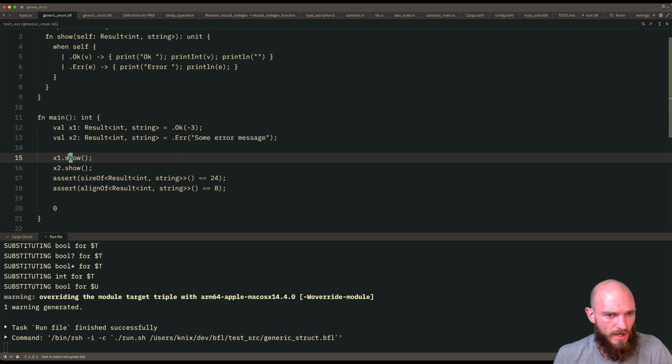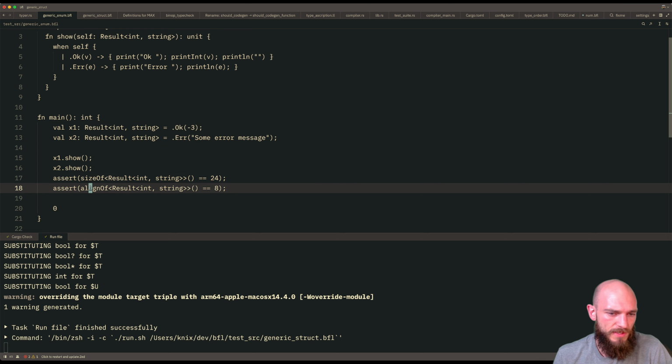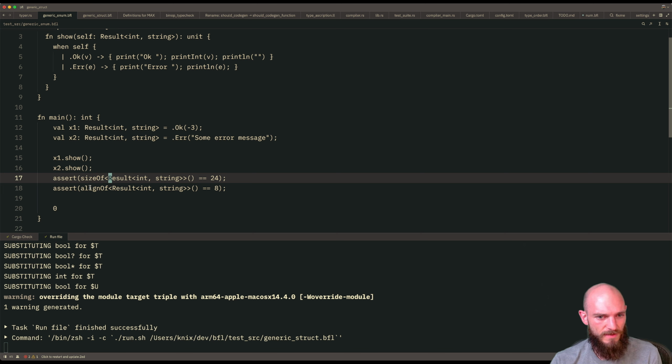Yeah, we have an OK and an error. We call x1 show, x2 show, and I did size of and alignment of well, offline as well, which was a lot of fun to get working. Maybe I should do a video on that, but we can see the size of this is 24 bytes,